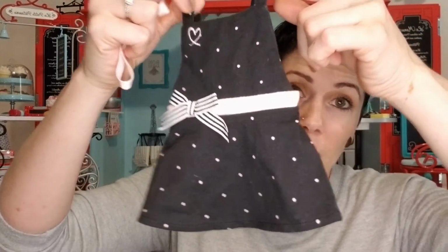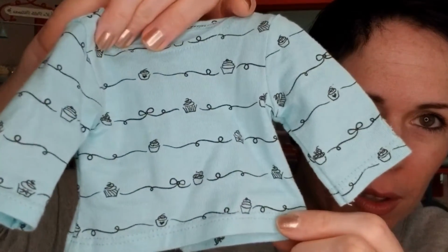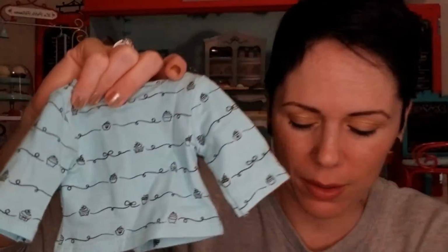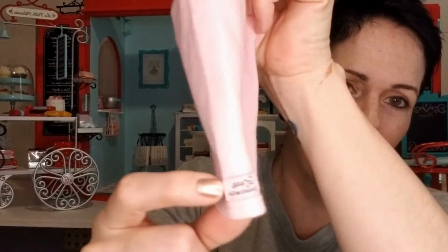This is, oh my gosh, I know, the word adorable is every other word that comes out of my mouth, but precious? What else do you want? Darling. I'm going to start saying darling a lot more often. Look at this darling shirt. And the leggings, pink leggings with